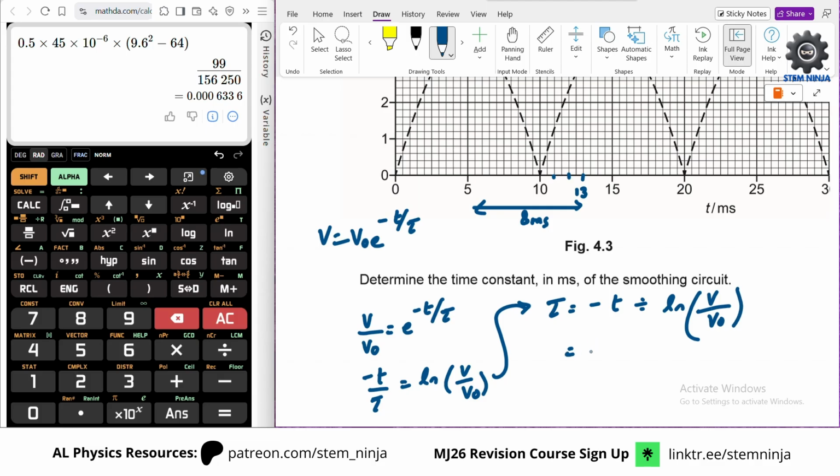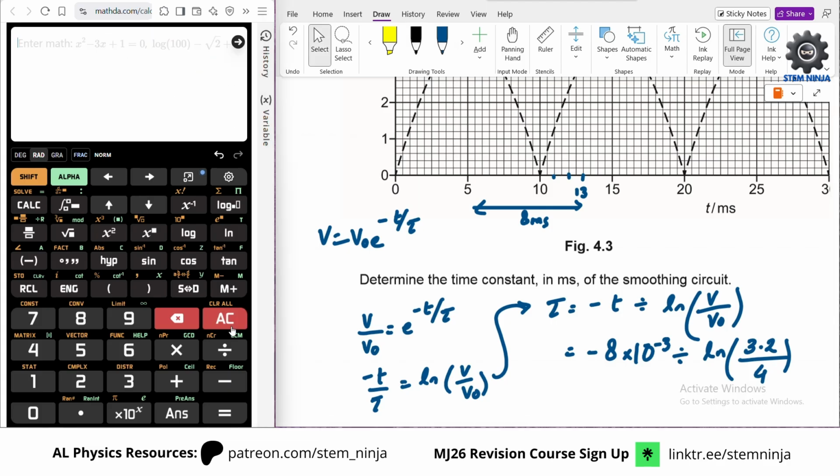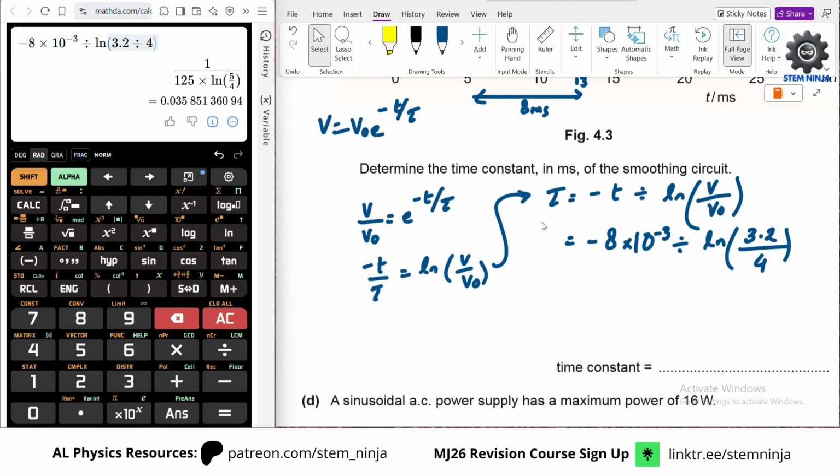Right? Okay. So this would be minus 8 milliseconds divided by ln 3.2 divided by 4. Right. Okay. So minus 8 times 10 raised to the power minus 3 divided by ln 3.2 divided by 4, which is this thing. This is coming out in